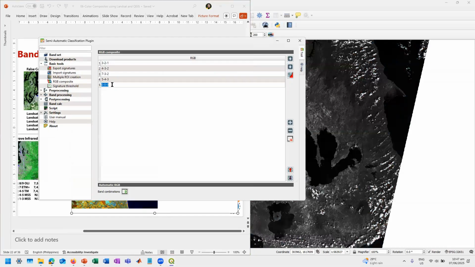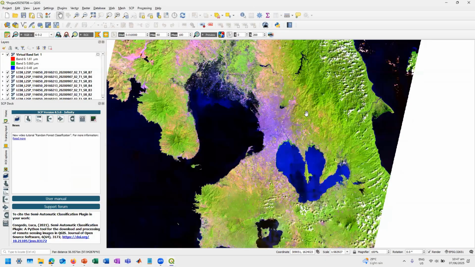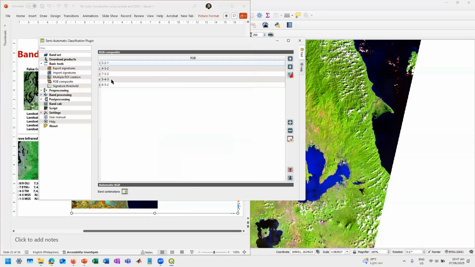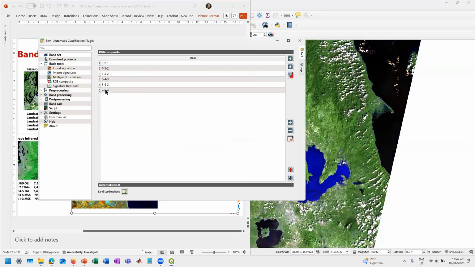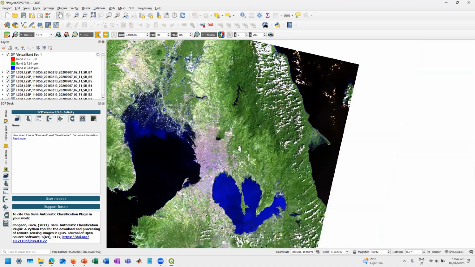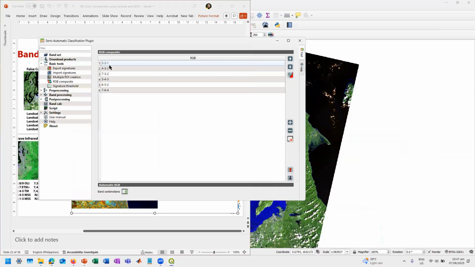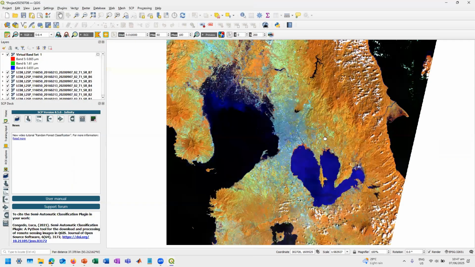Oops, sorry. Double click. 652. This one. Okay. What else? 764. This one is 764. And more, no? So that is 564. Yung 564 na ba dito? Just add 564. So this is what it looks like.